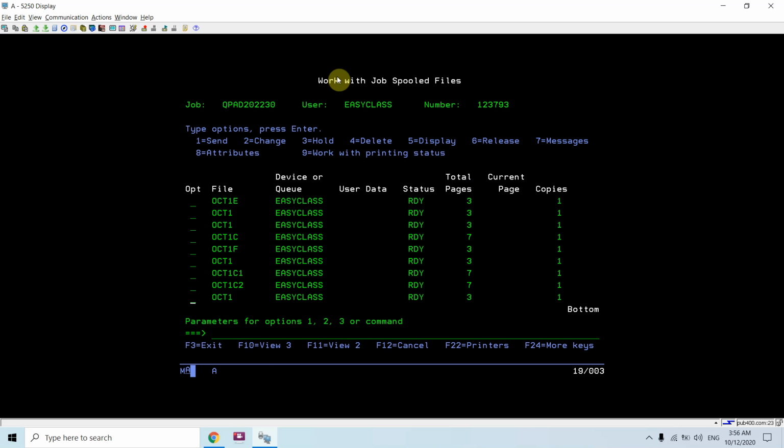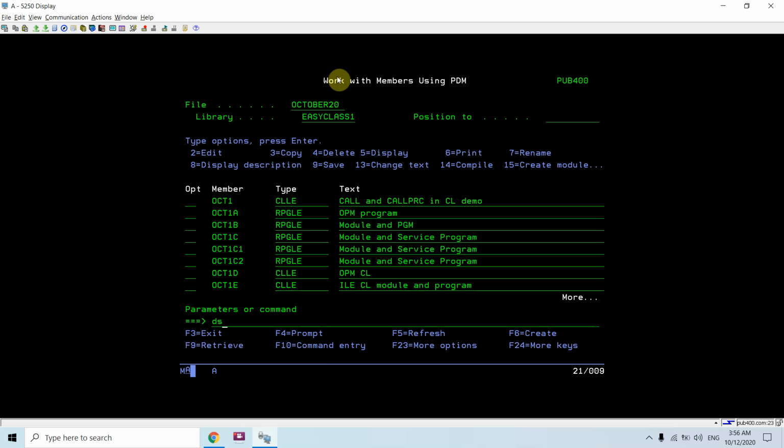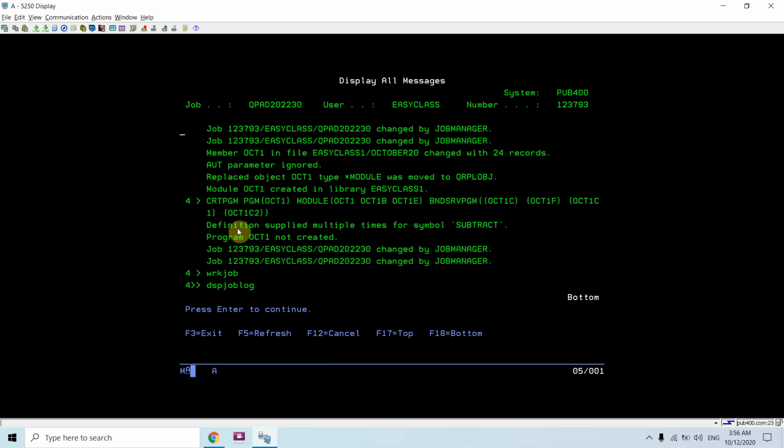This is for module. Just check in the job log. Definitions applied multiple times for symbol subtract. Yeah, sure. Both have the same name procedure.